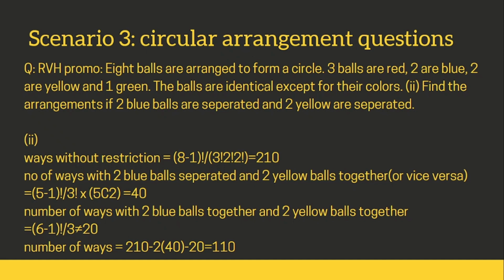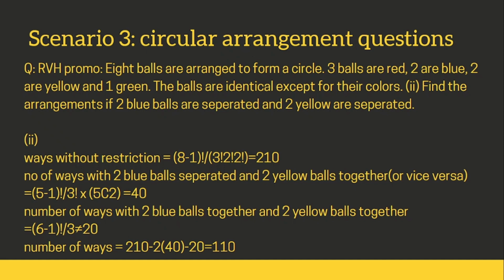So the number of ways without restriction is 8 minus 1 factorial divided by 3 factorial, 2 factorial, 2 factorial because we have those duplicates. Then the number of ways to arrange the 2 blue balls separated and 2 yellow balls together, or the other scenario where 2 yellow balls are separated and 2 blue balls are together, is just going to be 5 minus 1 factorial divided by 3 factorial times 5 choose 2,